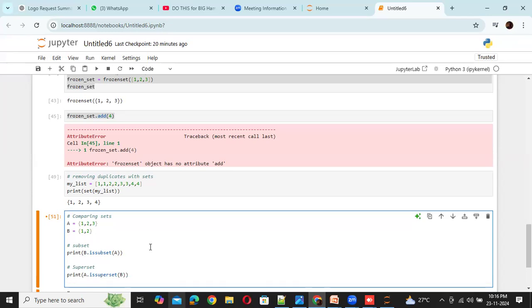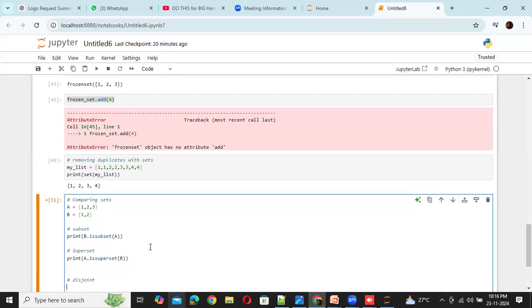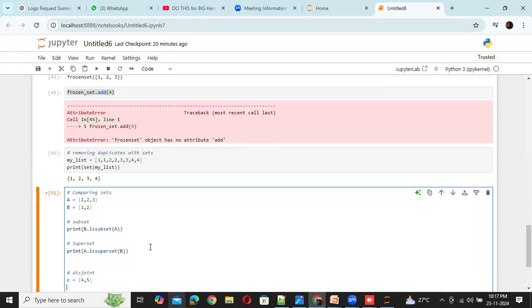And then we have something called disjoint. Let's say C is equal to 4, 5. Let's take another example. Print A dot isdisjoint C.